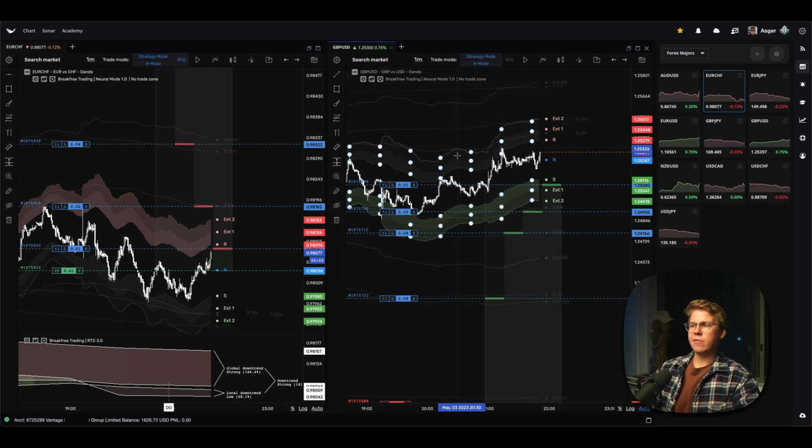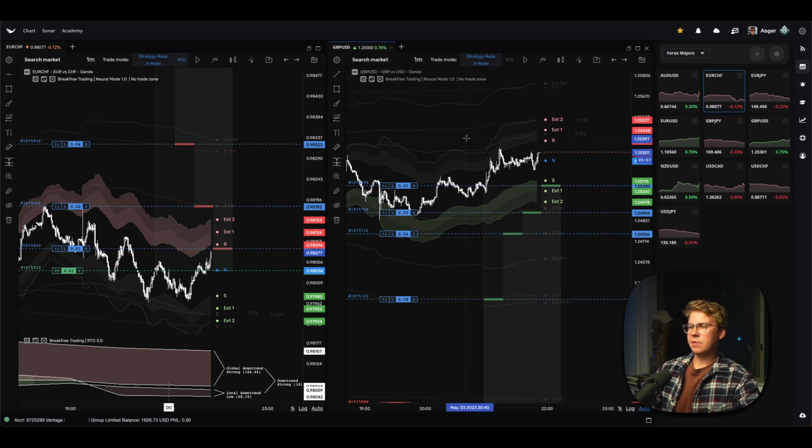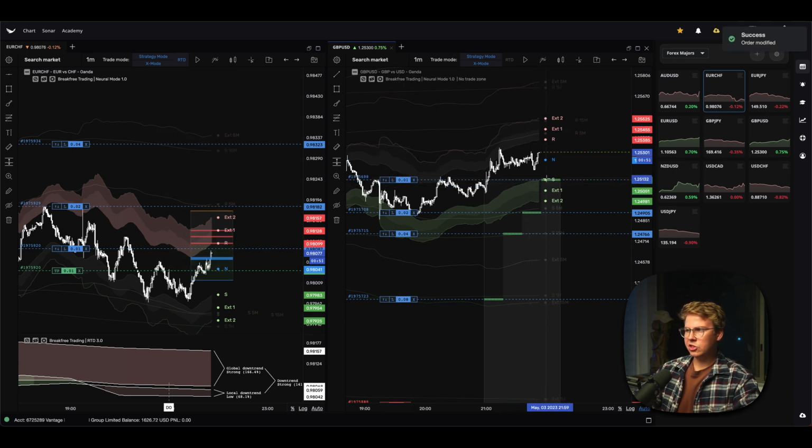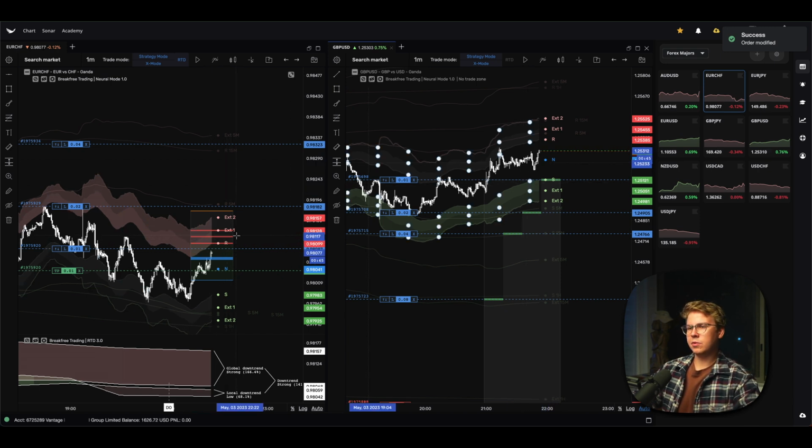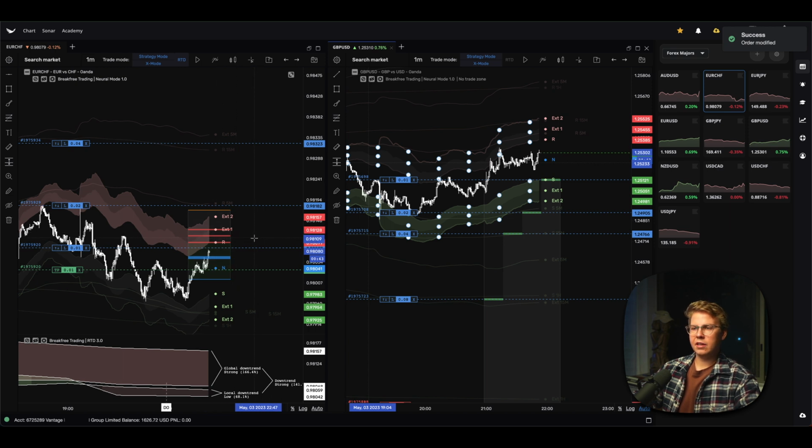We can see some time has passed, and we still have time before the FOMC. There's still several hours. So what I'm going to do is move this order a little bit up, because you can see that the levels have already changed since my order was placed. And you can see actually Sonar here is popping up with the same trade that we are looking at. And you could use this old strategy mode with the stop loss here. You could do this, and it does work. It's a more simple approach, but